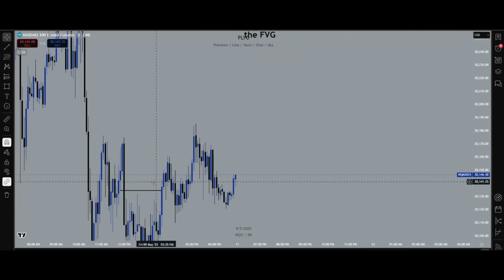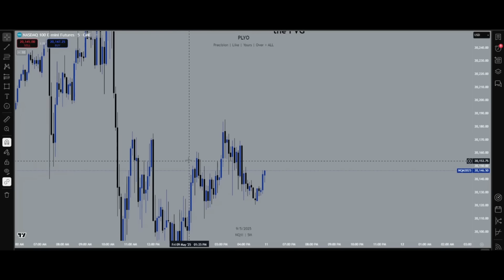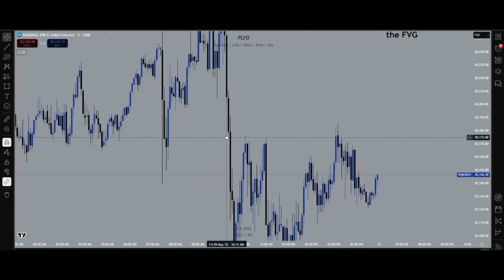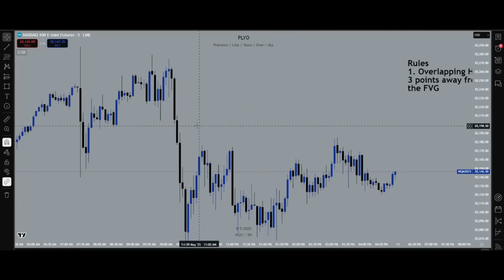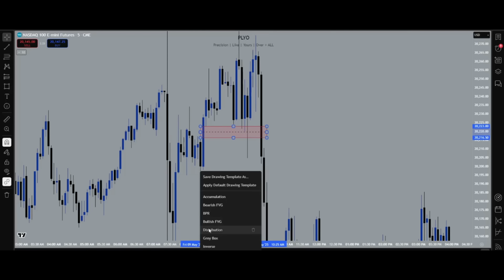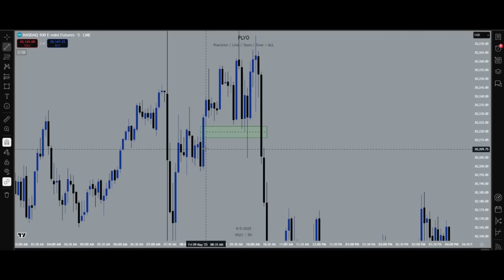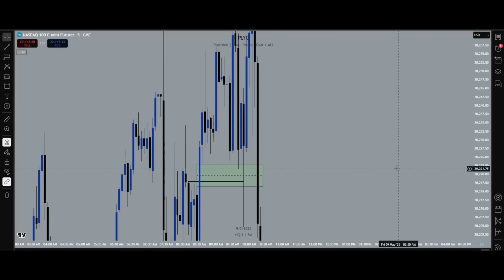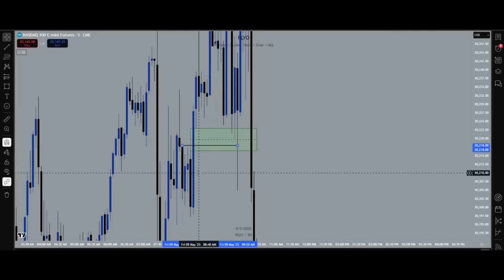Now let's talk about what we're not looking for. That's an example of something good, a valid setup, but now let's look at an invalid setup. That would be something like this right here. We have a bullish FEG. It looks like TnS may have played out here, right? Because this high kind of overlaps, and even this next one does overlap with this FEG, and it looks like we got a decent little reaction off of it. But if you were to measure this, zooming all the way in, bringing out the measuring tool once again,